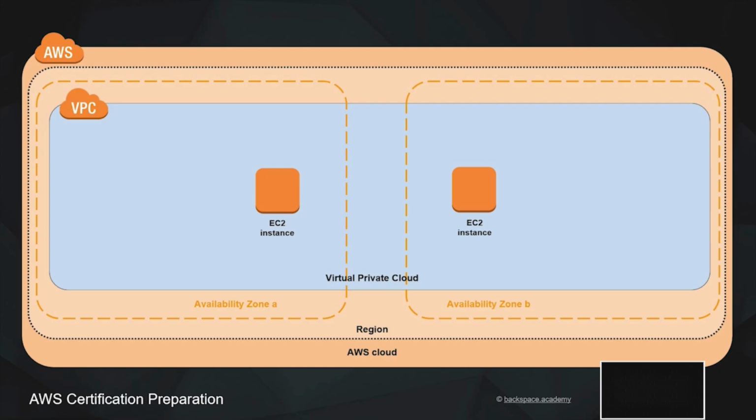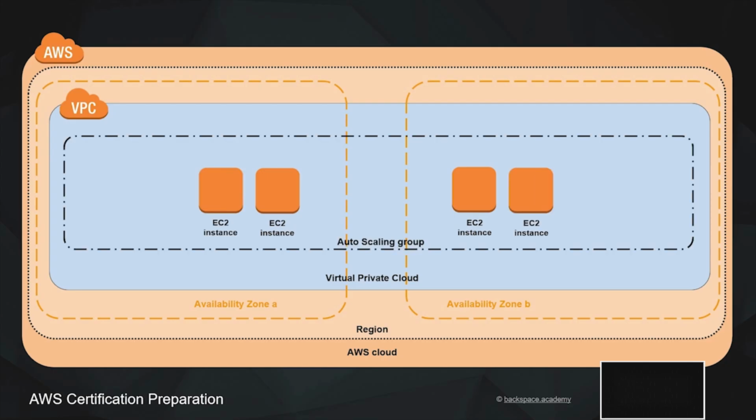Now, in order for our architecture to respond to spikes in demand, or increases in demand because an availability zone goes down, we can launch our instances using an auto-scaling group. So if demand on a group of instances increases, the auto-scaling group will add instances to accommodate that. And vice versa. If the demand goes down, we will reduce our number of EC2 instances. And that allows for elasticity in our design.